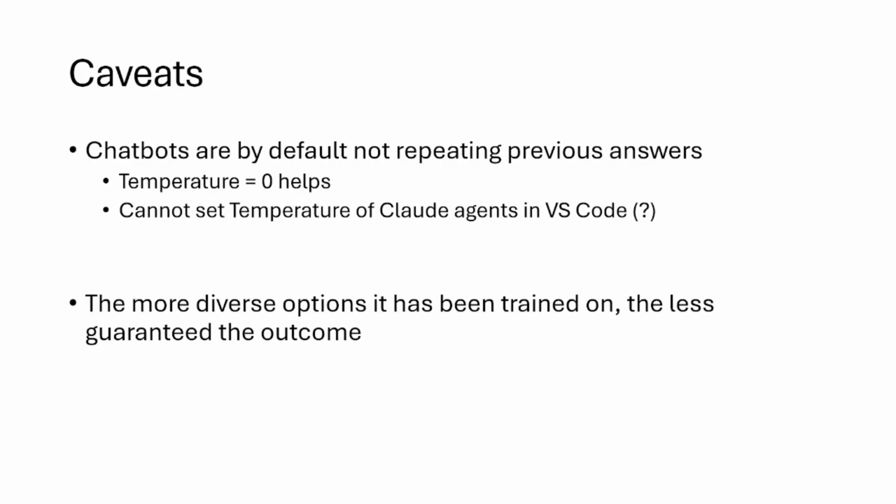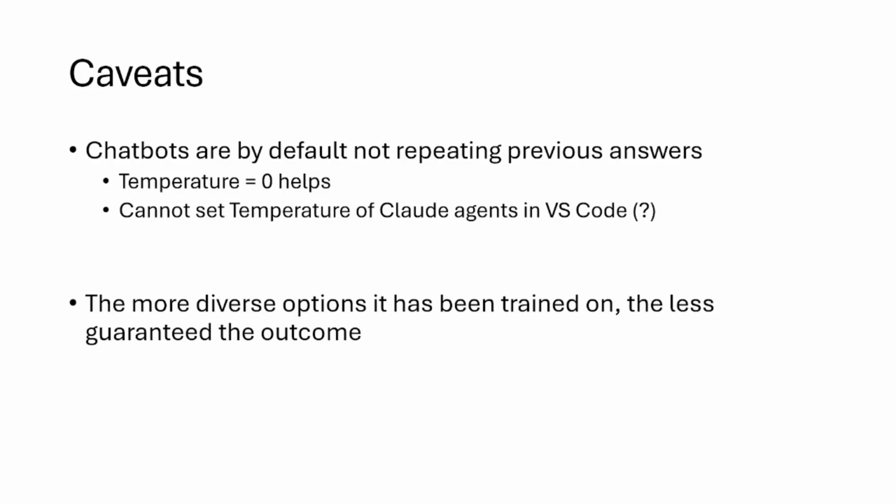What I mean by that is that if you ask a chatbot a question, and you ask it again, you most likely get a different answer, unless you configure it to give you the same answer all the time. And for that, you use temperature, you set it to 0. I haven't found out yet how to do this in Visual Studio Code. It may not even be possible at the moment. So that's why I keep my fingers crossed that I get something very close to what I had before,